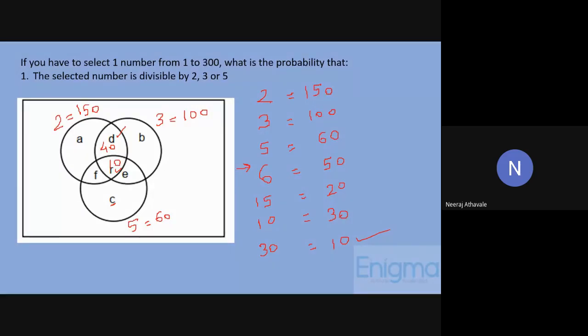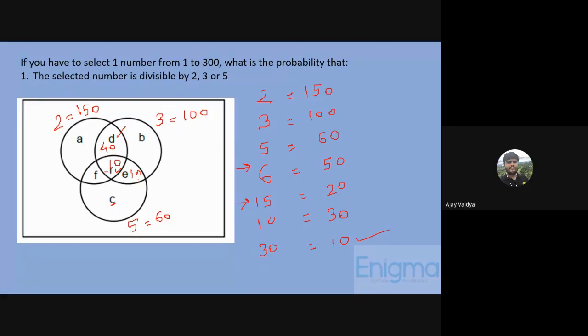Always remember this, it is very important. Now can you tell me the value of E? 10. 10 and 20, any other value? 10. Okay, correct. Now why 10? Because this is the intersection of 3 and 5, that means 15, whose intersection count is 20, out of which 10 is already known as R's value, therefore this value becomes 10 for E. And what is the value of F?